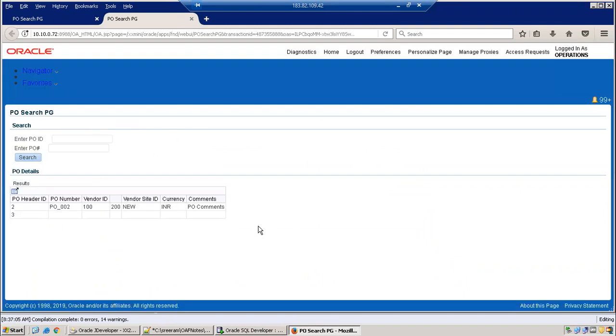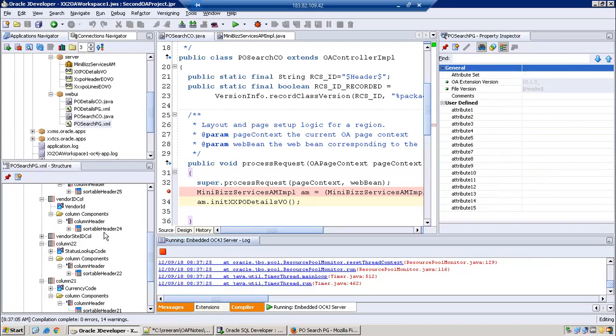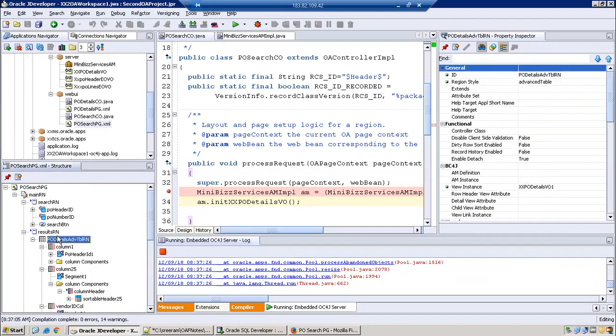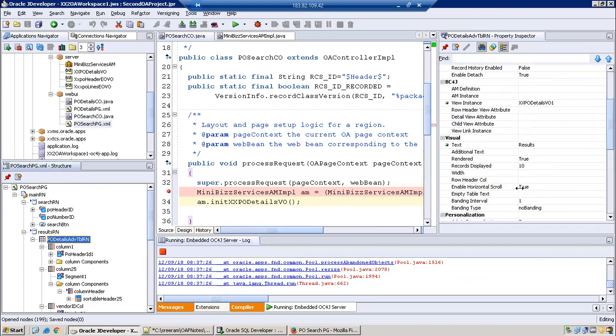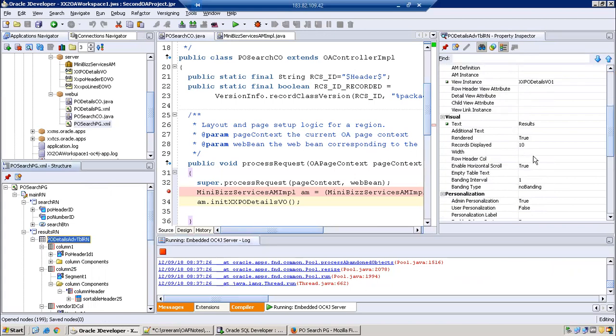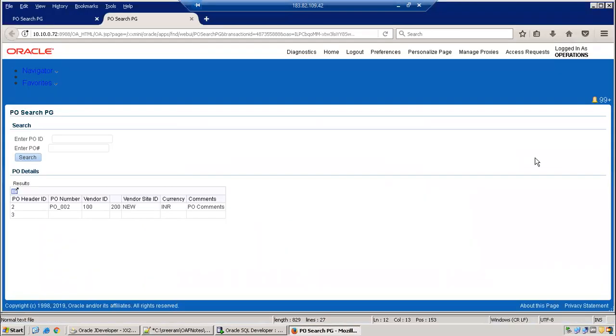Okay, yeah. So we got the data. So now next thing is, let's do the remaining functionality. So first of all, expand this one. Let us display width as 95%. Okay. And now what we want to do is, here we have this particular data, right? I'll just have a create button, okay? When a user clicks on the create button, it has to navigate to our DML page, okay?